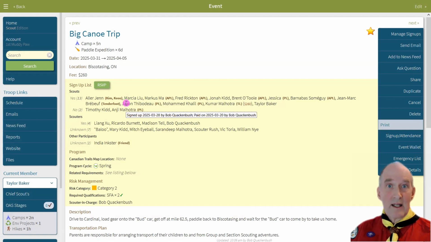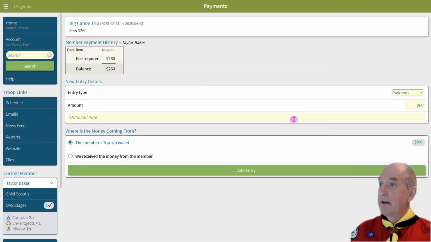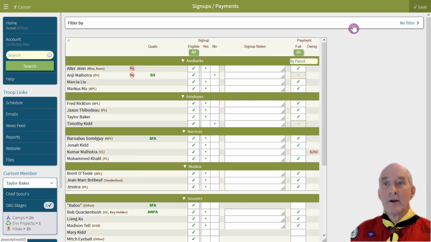And of course, you, as a Scouter, can record the sign-up and payment for any of the members. So for example, if we click on Manage Signups, we can record that Taylor's going to go on the trip, and we can say that we received the money, or we're going to take the money from her wallet. So we add an entry, we save,